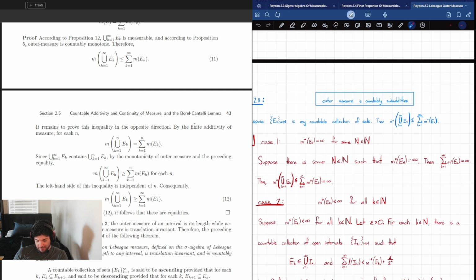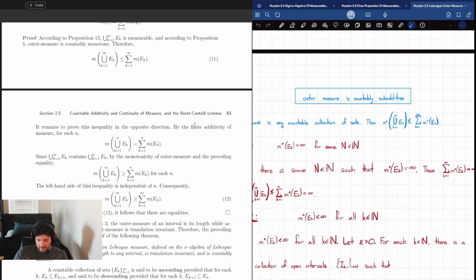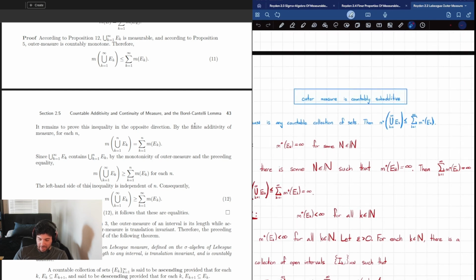And then once we have the union, we can start using this property. This property actually doesn't depend on measurability of the union. The union measurability is actually dependent on the second part. But we get this part almost for free because,